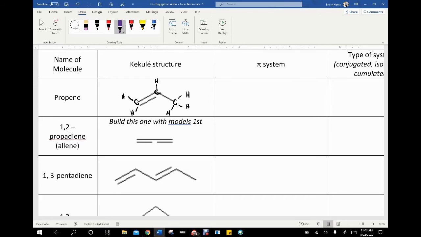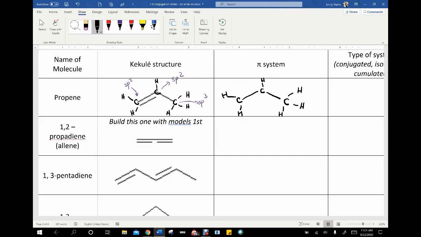Then what I would recommend is going through and assigning a hybridization to each of the carbons. These carbons involved in the double bond are sp2 hybridized, while this carbon on the end, which is involved in a single bond with the 3 hydrogens, is sp3 hybridized. So then what we're going to do is re-sketch the molecule. Fill in our hydrogens. And we want to connect everything with at least one single bond. We're not going to draw out the hybridized orbitals for the single bonds just so we can focus in on